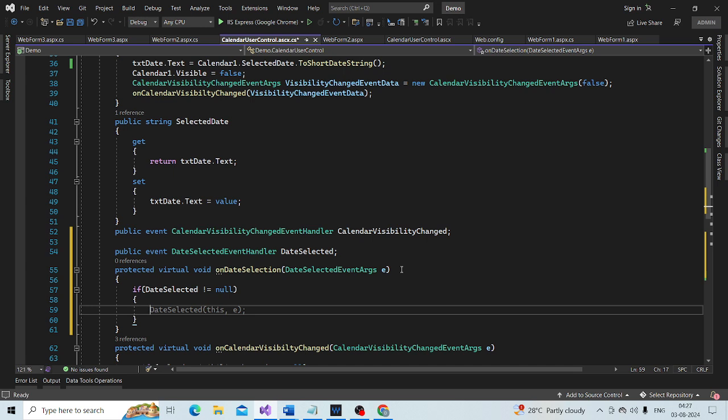And again, we discussed why it is very important to check that the event is not null before we actually raise the event.